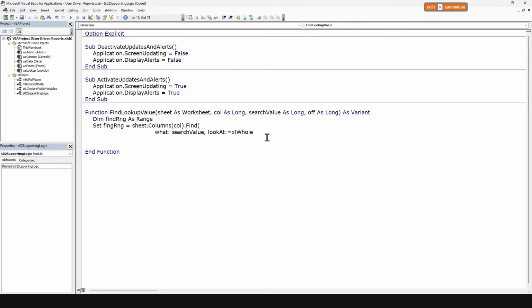We will match the full cell and we'll search in the forward direction. Why is this an error? I think I have made a typo. That's not it. Let's try and find the error. We are missing an equal to out here. That should do it. And if a match is found, or rather if the find range is not nothing,